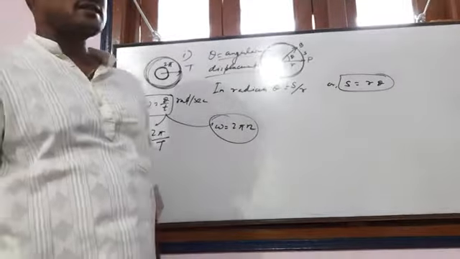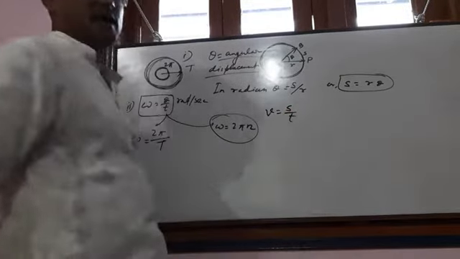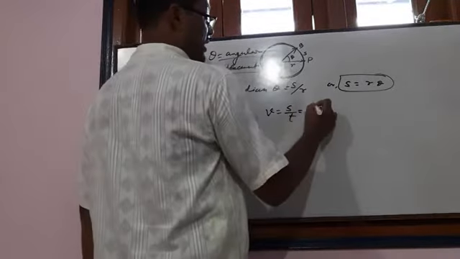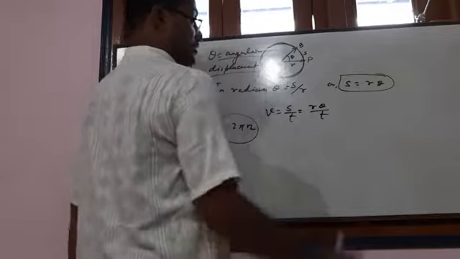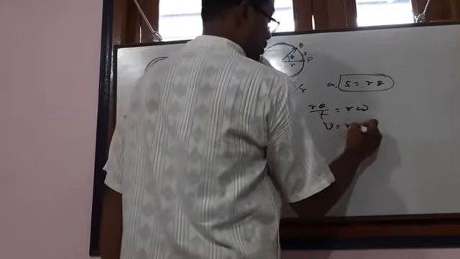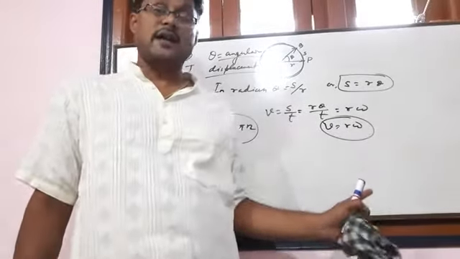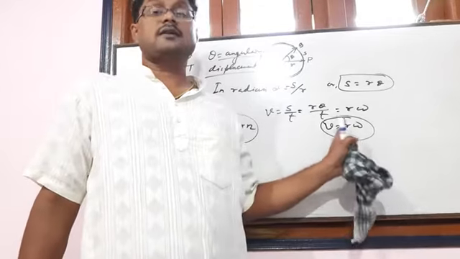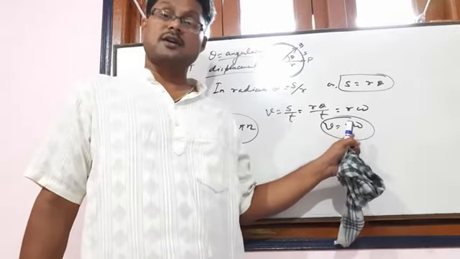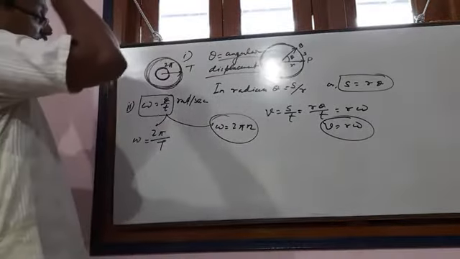Now one relation we can establish here. We know that the linear velocity v equal to s by t. This is the expression for linear velocity. Now we can say r theta by t, so this is r omega, then v equal to r omega. This is one relation. See, whenever we introduce the radius with the angular term, it turns to the linear one. So whenever we introduce the radius vector, it turns to the linear factor.